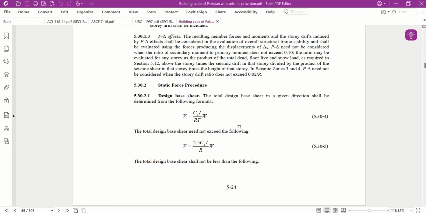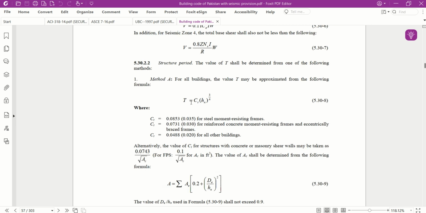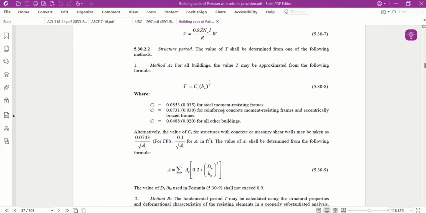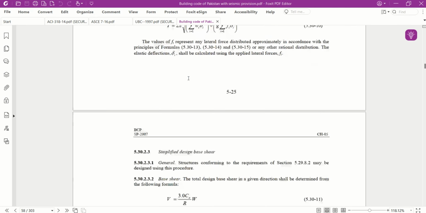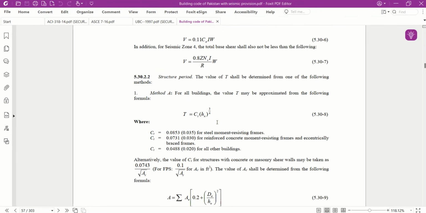There are different equations to be used. This is the static force procedure. We will be using this force, and there are different formulas given by the code, which is to calculate the base shear. And there is a limitation on the base shear, that this is the maximum limit, and this is the general formula. There is also the lower limit as well, that the base shear should not be less than this, right? So there are also different methods to calculate the time period of the building. Method A, and there is also an approximate method for the calculation of the time period,